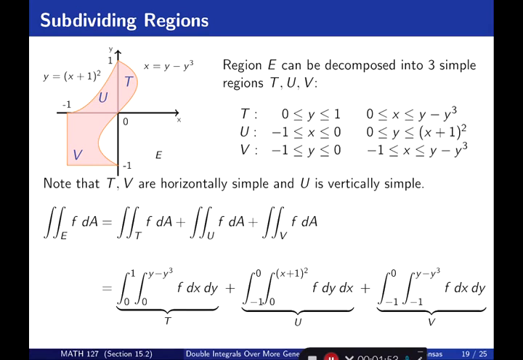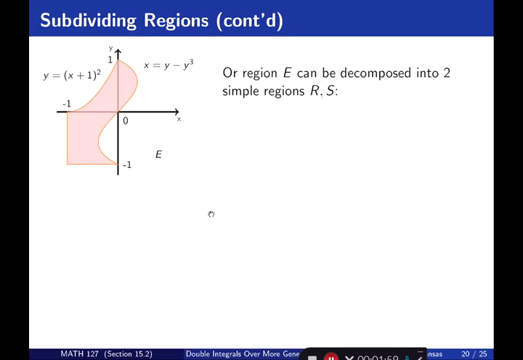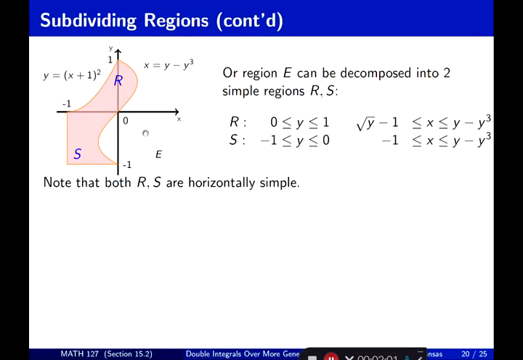Now, is this the only way we can do this? Actually, it turns out that this region can be divided into 2 simple regions. And what are the 2 simple regions? One is basically R in the first and second quadrant together, and the other one is S in the third quadrant. And both of them are going to be